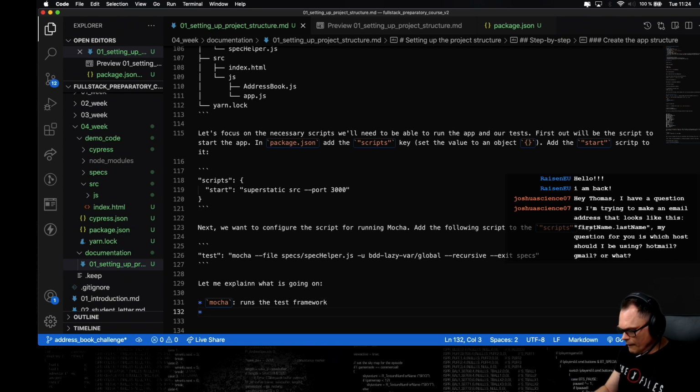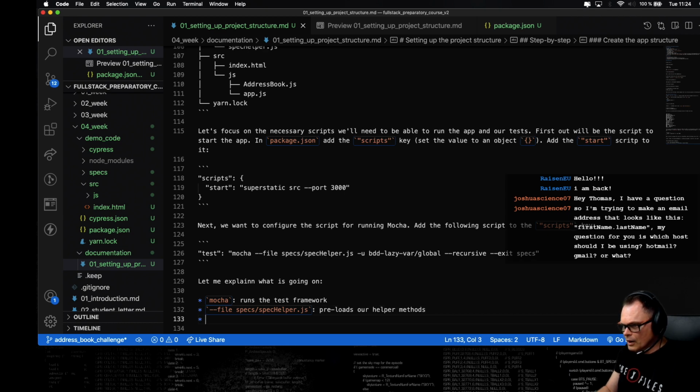And then --file specs/spec-helper.js preloads our helper methods, and then we had this one